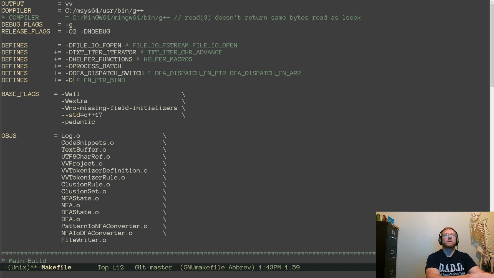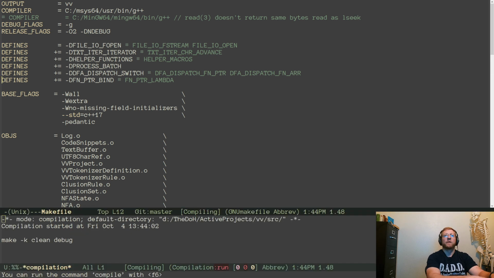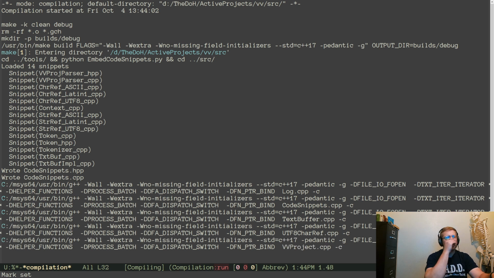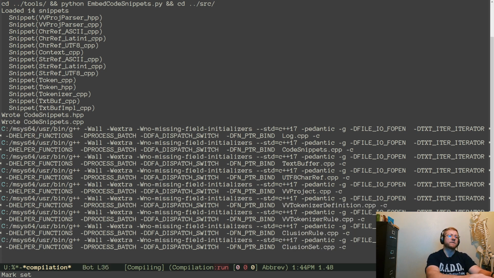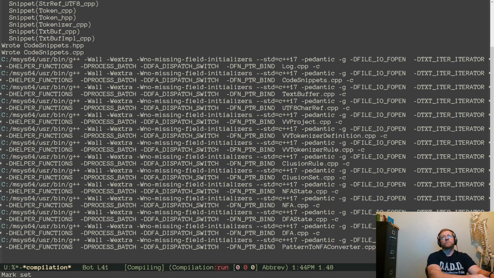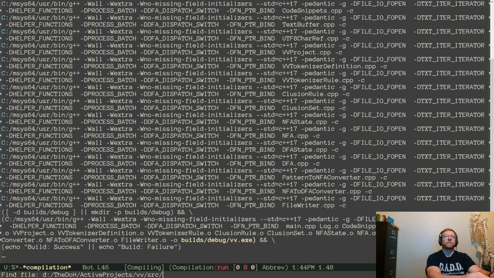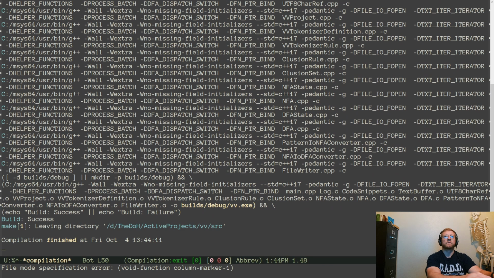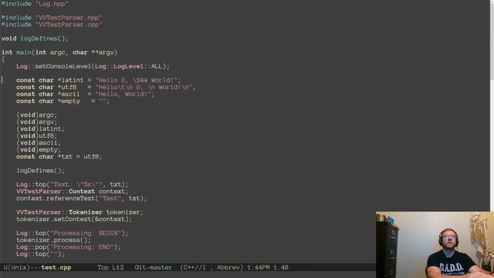We go with bind. Okay. So we're gonna run clean and debug. Oops. Clean and test. I don't remember what's in the test anymore. So we added a bunch of new lines to this one.